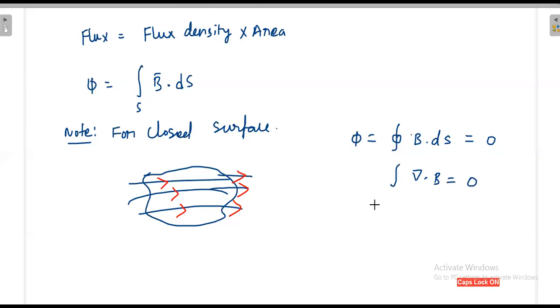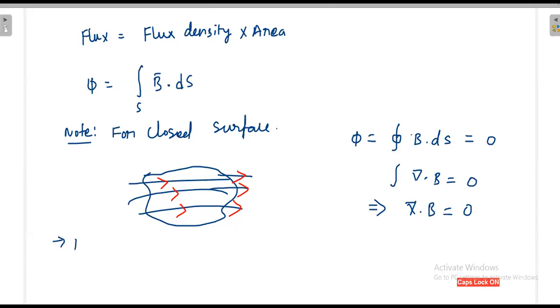Then finally, what is the conclusion? Divergence of the magnetic flux is 0. What is the meaning of divergence? The number of flux lines coming outside the closed surface is always 0. Some flux might be entering, and the same flux will be leaving the closed surface. A closed surface itself will not produce any flux. So del dot B is 0. You have to understand that meaning.